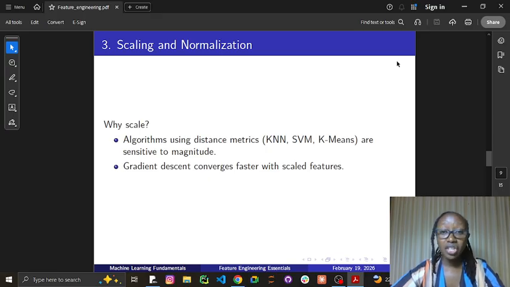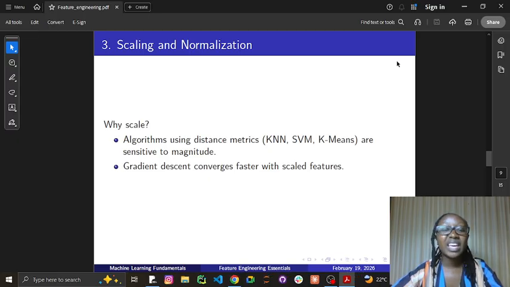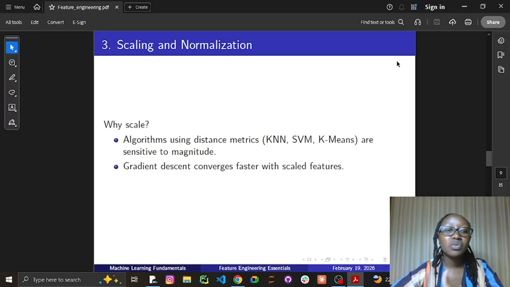And you have a column of age, and the age runs from 0 to 100, and you have another column of annual income, and the annual income varies from $0 to $1 million. So many algorithms like KNN or SVM, that is support vector machine, or even neural networks calculate the distance between the data points. So if you don't scale your data, the model will look at the say